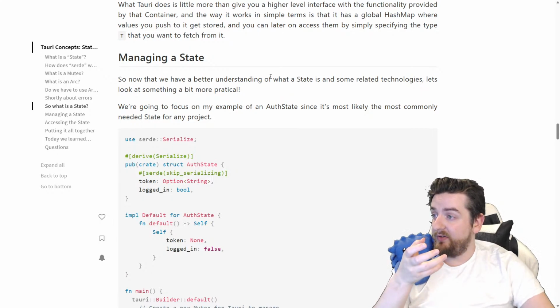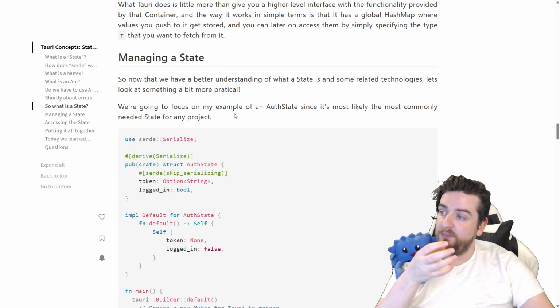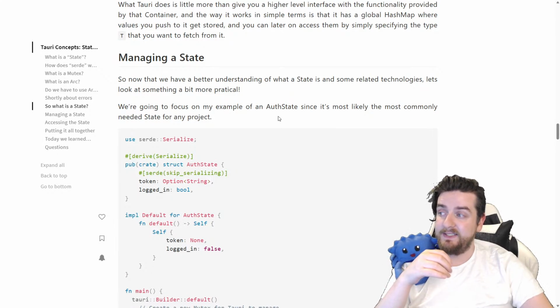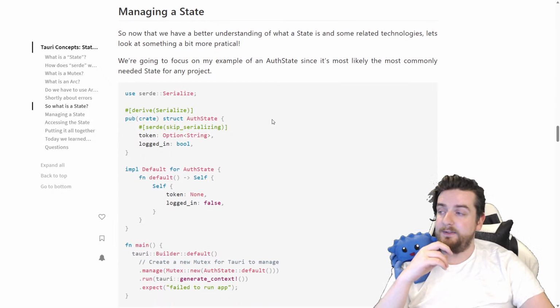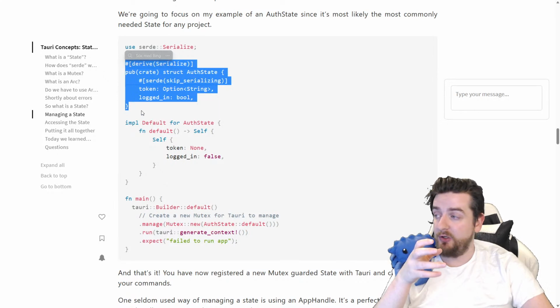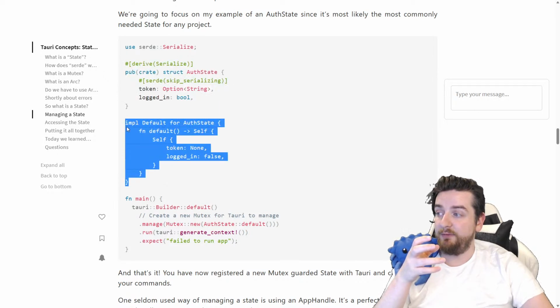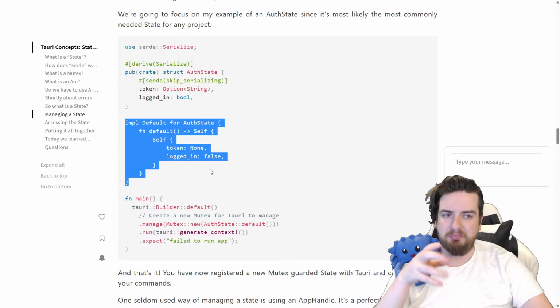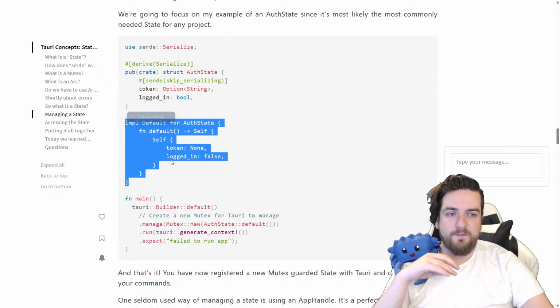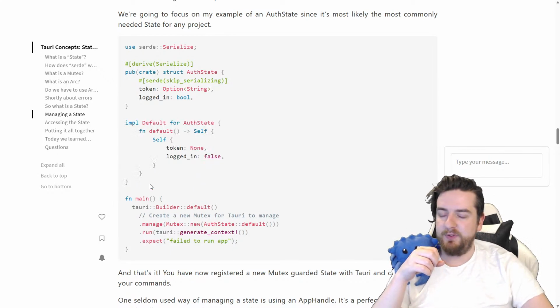So now we have a better understanding for what a state is and some related technologies. Let's look at something a bit more practical. We're going to focus on my example of an auth state, since it's most likely the most commonly needed state for any project. And this is the same state we had earlier. We're implementing default for it. You don't have to do it this way. You could just implement and then make new one manually, but this is a very rusty way of providing default